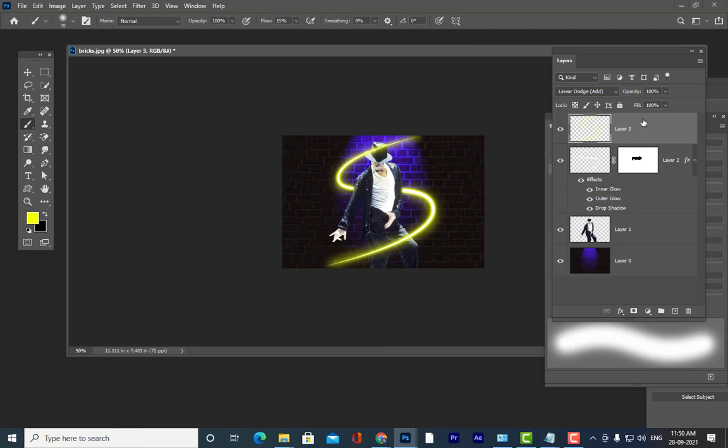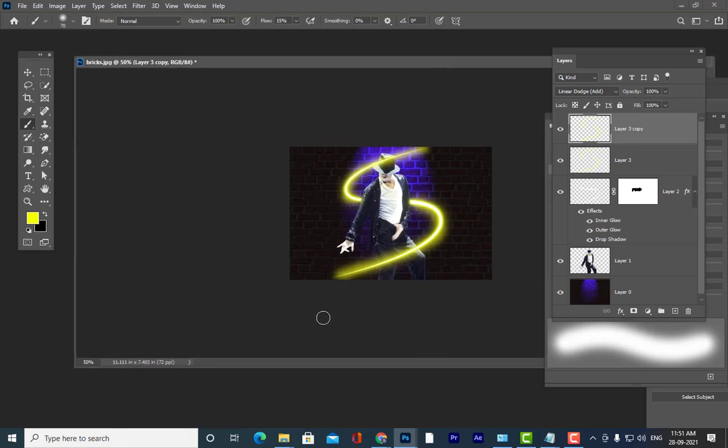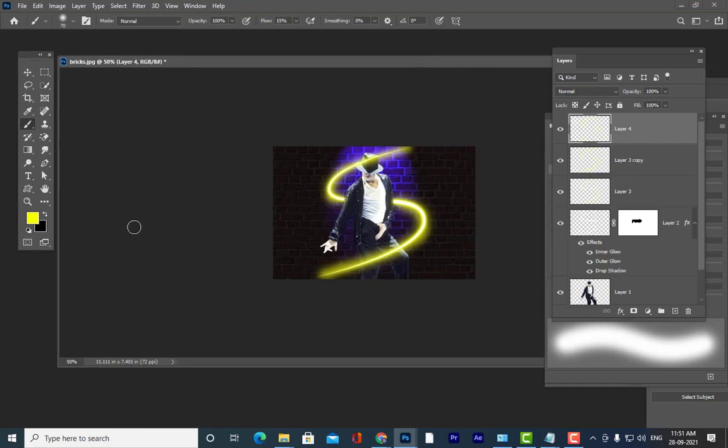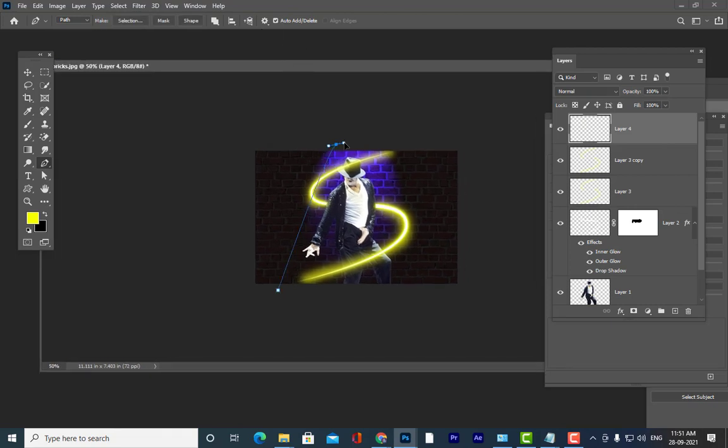See here. So some nice streaks, and if you want more intensity, Control J. See here, so we got more intensity. Linear dodge. Okay, and then to make it more interesting, I can give some fog effect. So how can we give a fog effect? I'll take one more layer here, and then I will take a pen tool. Then I can create a simple conical shape here. And when you are using the pen tool with the path option, always take a new layer. Don't forget this.